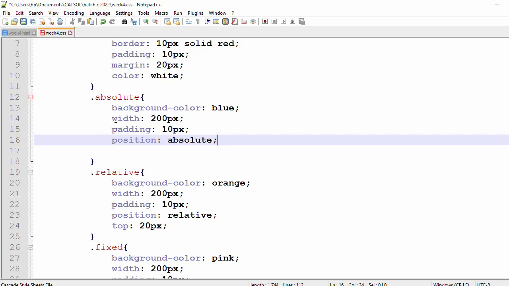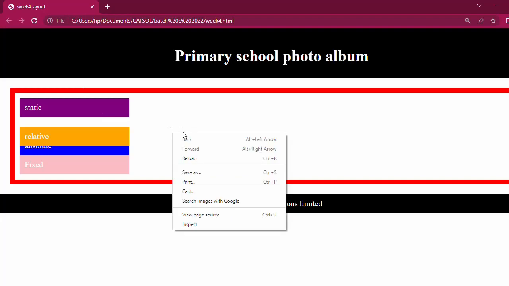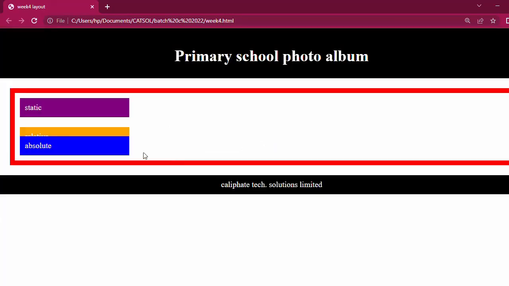If I now say this absolute position, and then we come here and refresh this page here, you see that it's absolute position. This one, because it is absolute position, then this one is going at the back of it instead of coming on top of it, right? It goes at the back of it because it is absolute position. It is the one that has the real position of it, right? So